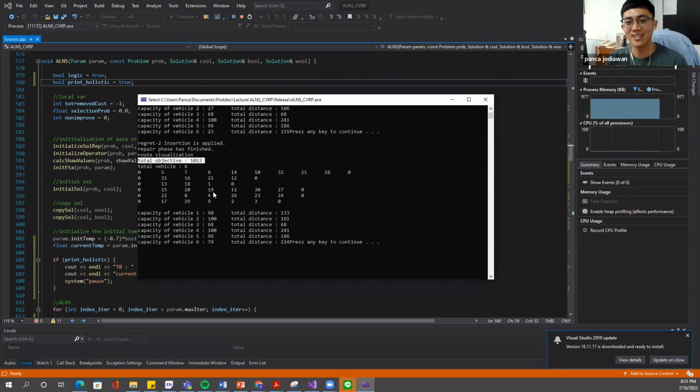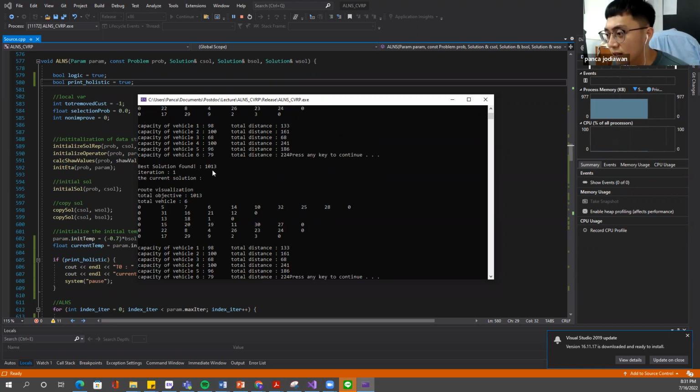Yes. That's right, because it's certainly better than the old solution, so we replace it. Which means the best solution found is 1013, because this is just the first iteration, so the best known solution equals the current solution.